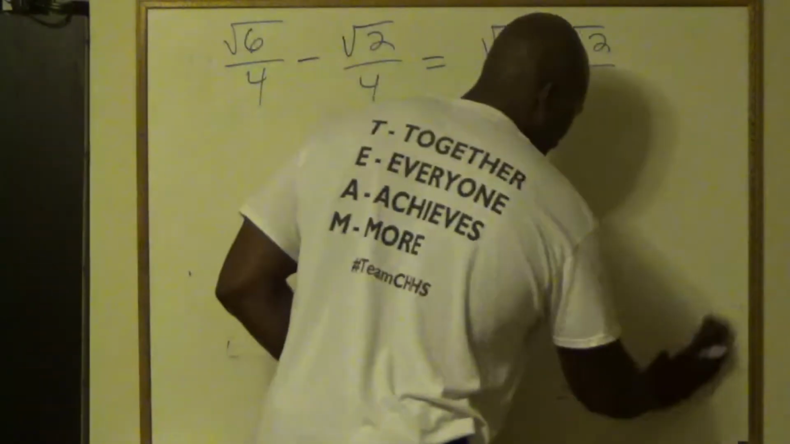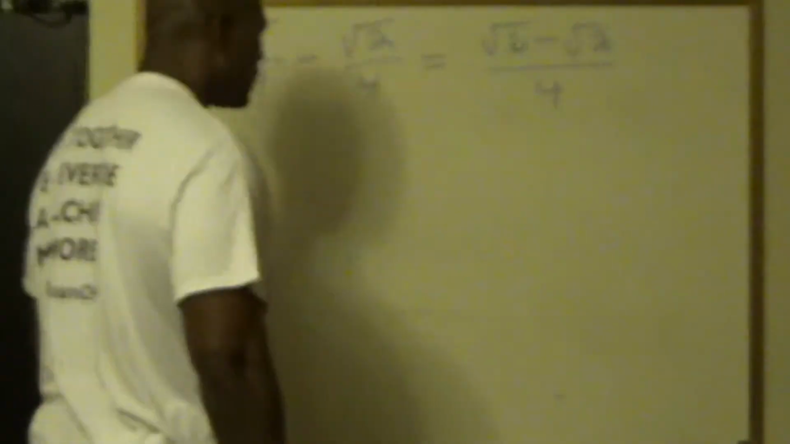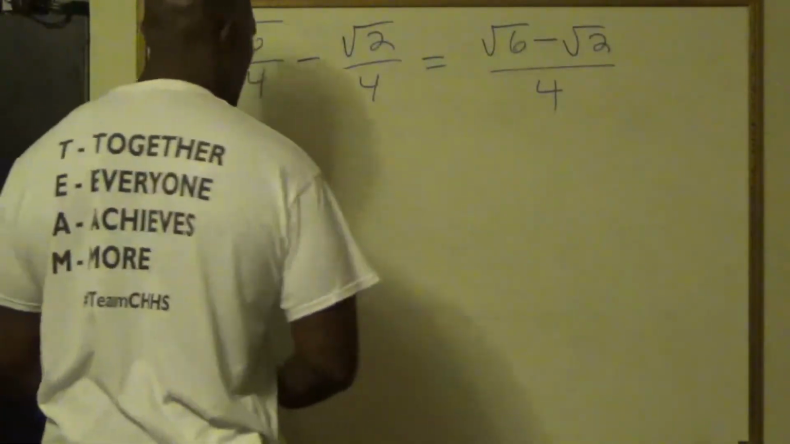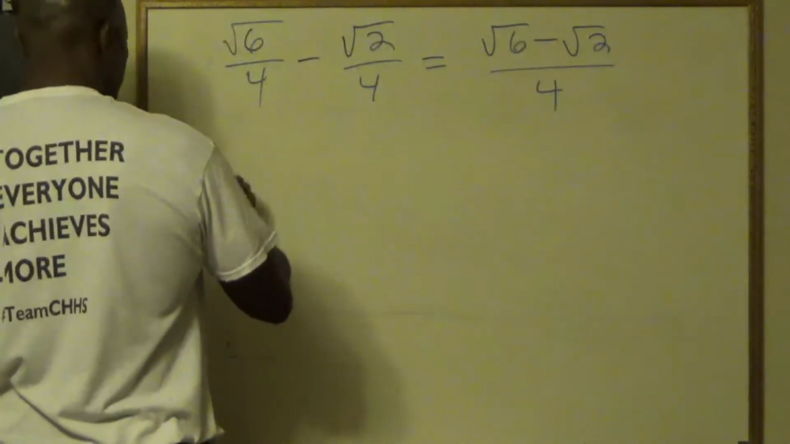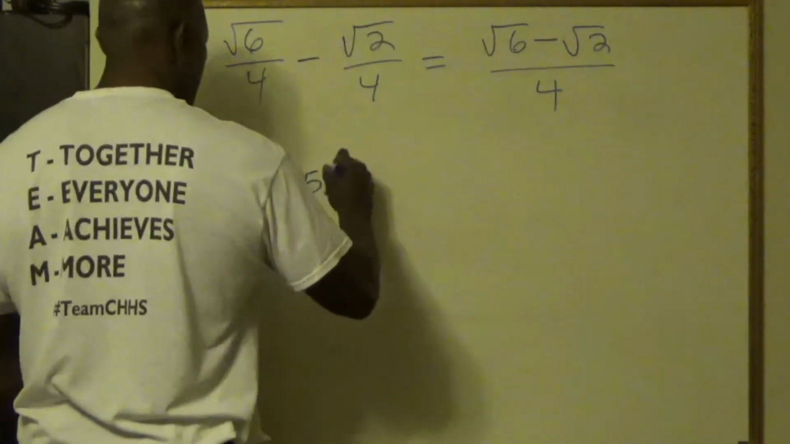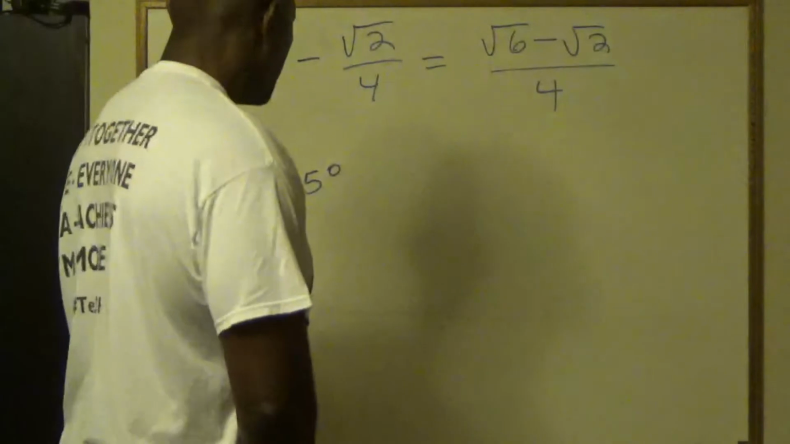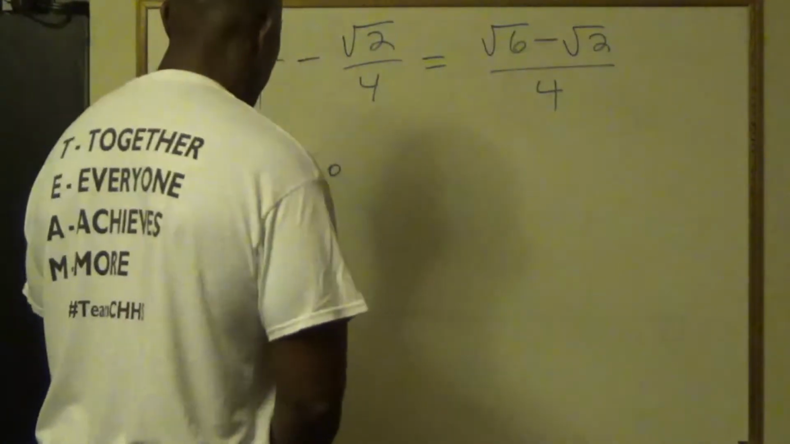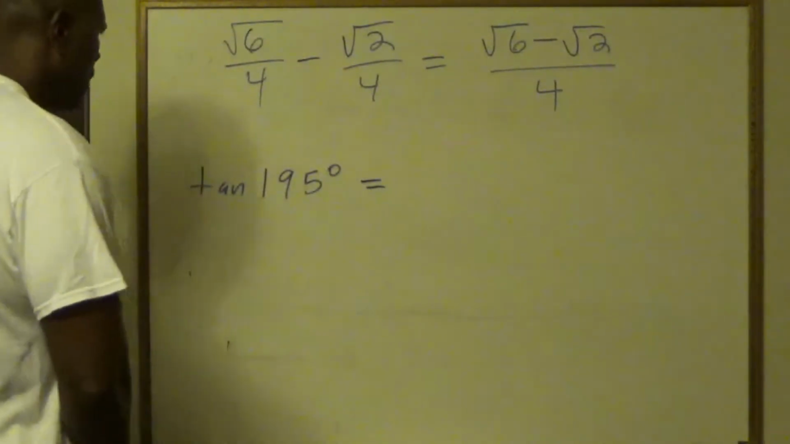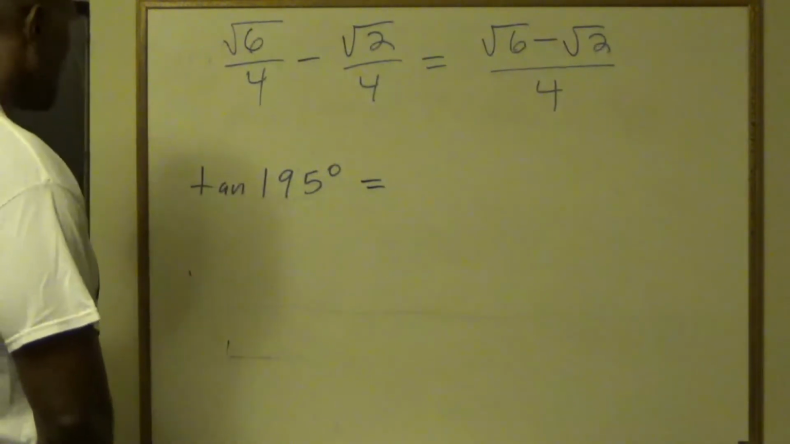Lastly, so let's say we take the tangent of 195. We're going to look at the tangent of 195. And I do want to make a point about tangents. So let me look at a couple of options I can use here. So for the tangent of 195,